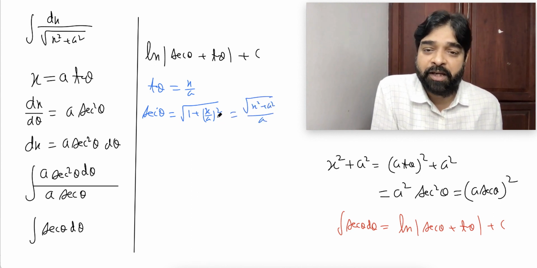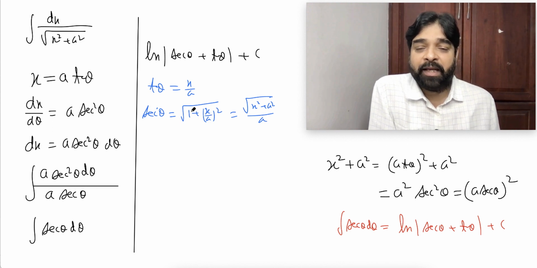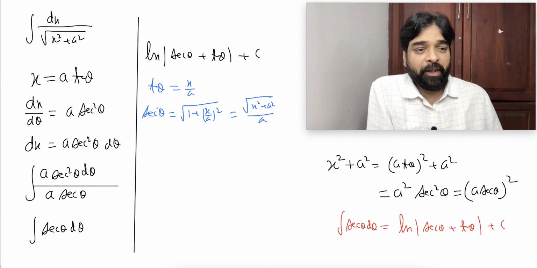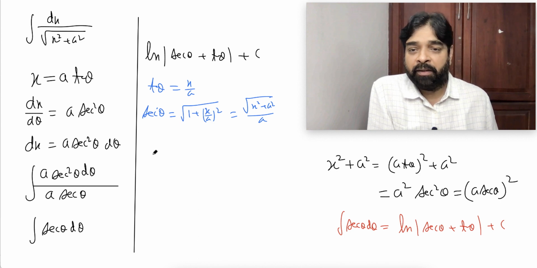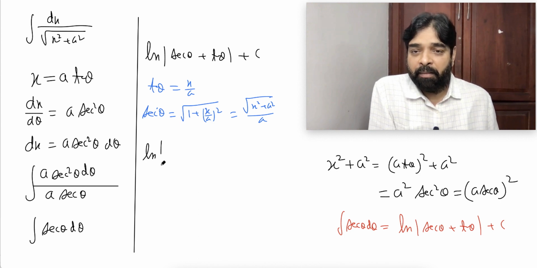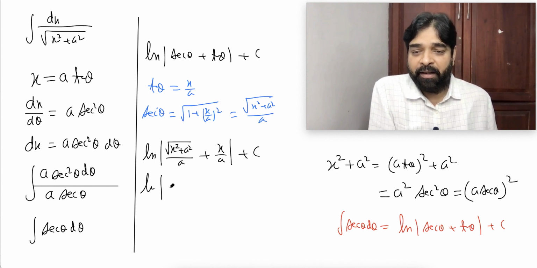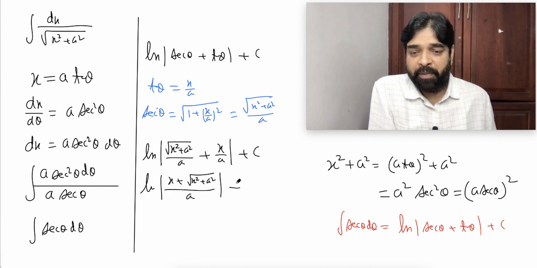Have you understood this step? This is the x square by a square LCM. So x square plus a square by a square. So a will come out as a. Put it there. So you will get what? Ln mod root of x square plus a square by a plus x by a plus c. I can take the LCM: ln mod x plus root over x square plus a square by a plus c,